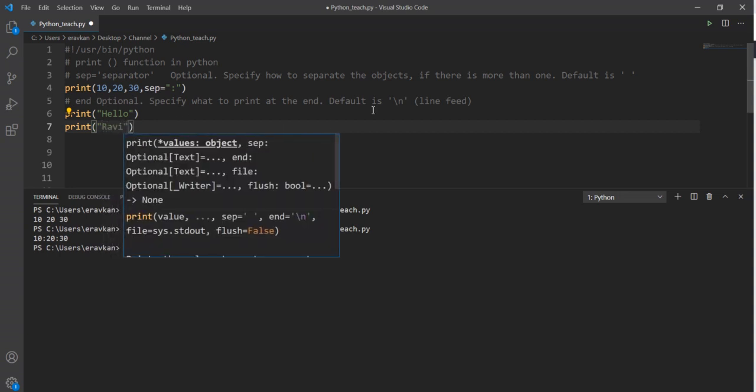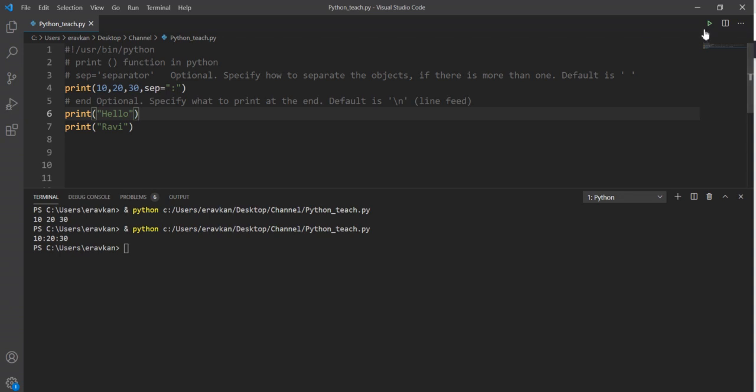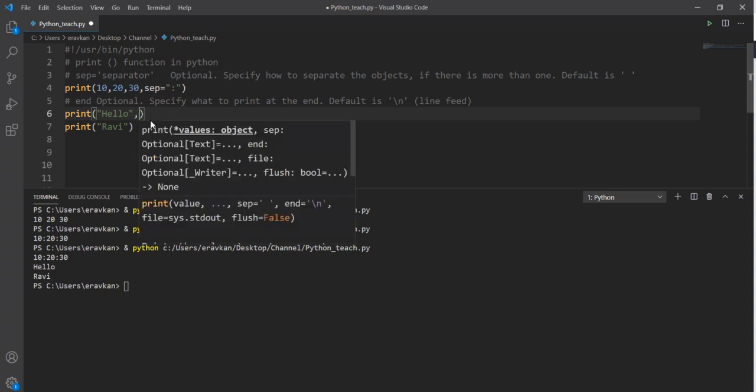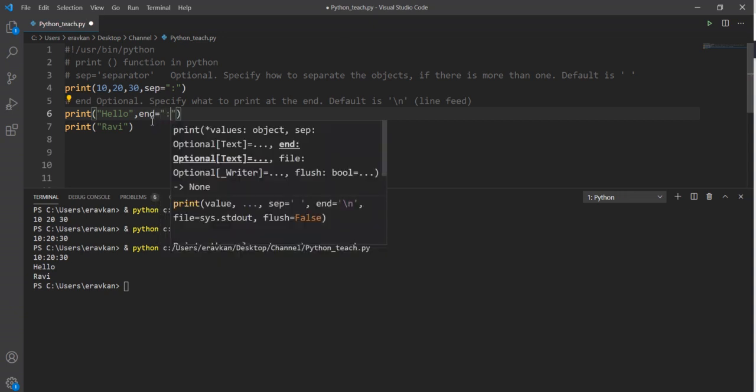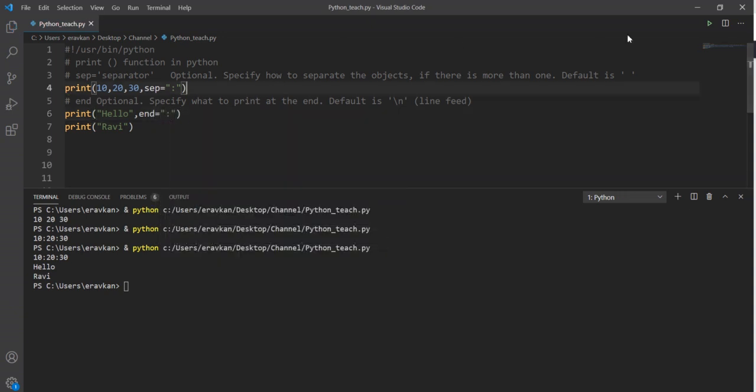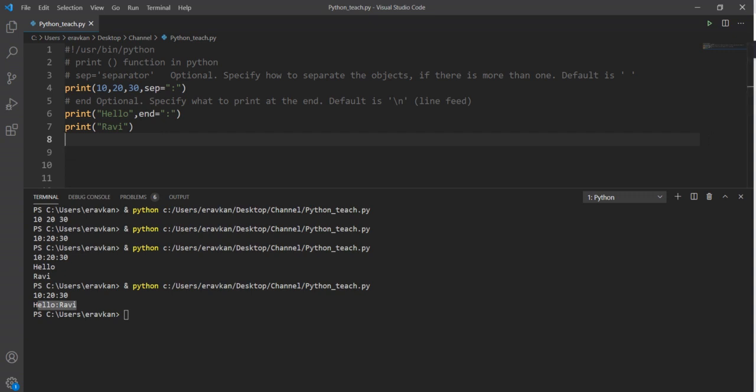If I run it, see, hello and Ravi are on separate lines. By default, after hello a new line was printed. Now if I use end and specify something like this, see what will happen. Now hello and Ravi are separated by this end.